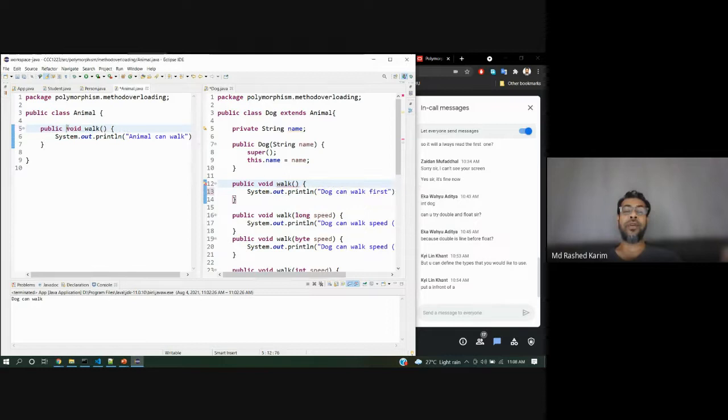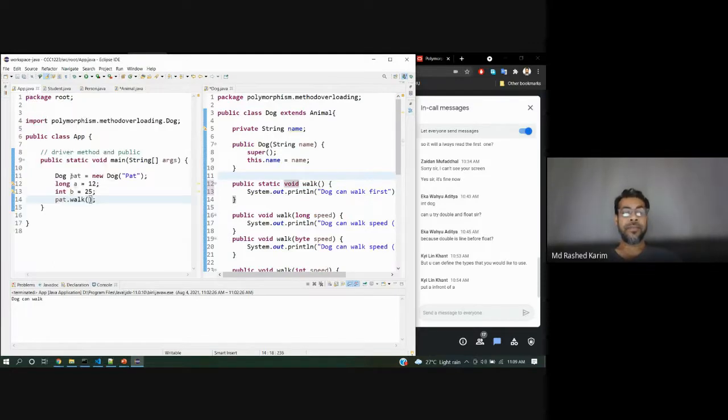You see, it's already removed. Now if I want to do static again, what will happen? I'm calling the static method, and it cannot be called this way.